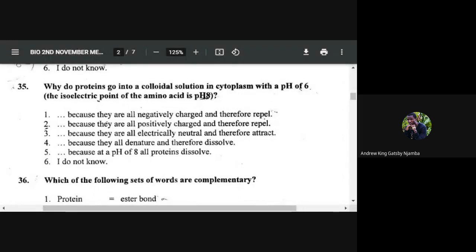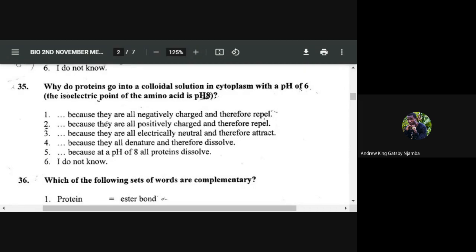Why do proteins go into a colloidal solution? So what do you understand by the term colloidal? We did chemical kinetics, it should be chemical kinetics. We were talking before we brought in the issue of enzymes. We're saying for there to be a reaction, we're going to look at the issue of corrosion and stuff like that. But away from chemical kinetics, my point there is what makes something to corrode is, let me say,